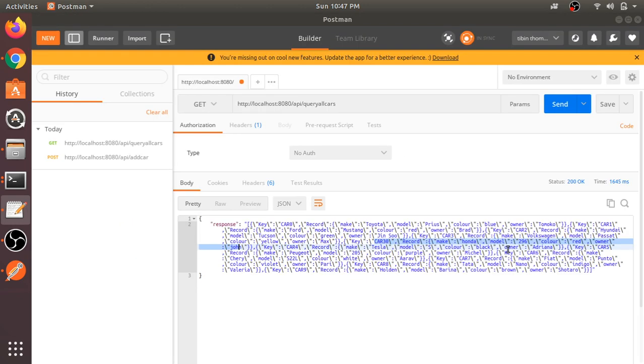Okay, so this is the end of this video, and in the next video you will see how we can create a web UI for doing all these operations, avoiding Postman and all the code. We can directly use a web button or a link to generate all these details, and we can also create a form for submitting a new car into our ledger.